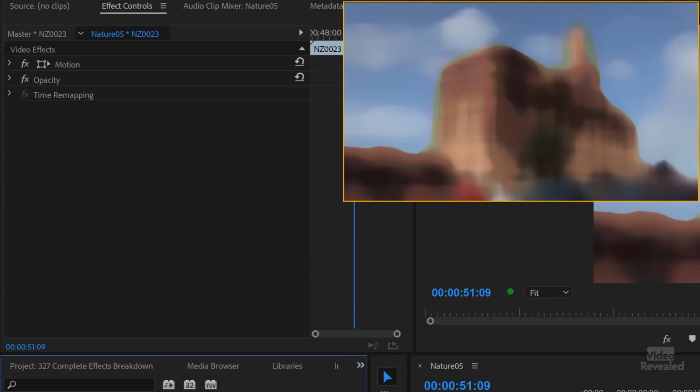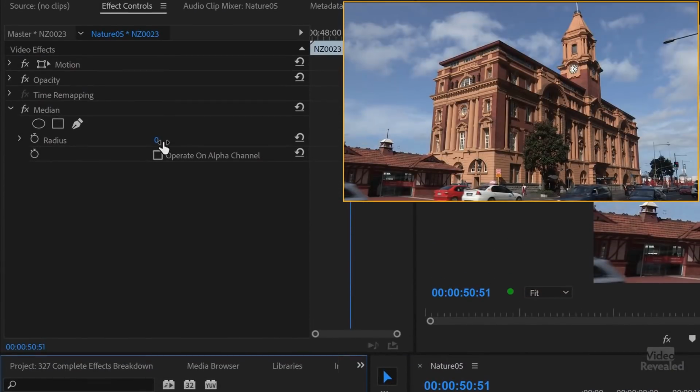That is a slow one. Like I said, some of these effects have not been updated in decades, and they're so slow. I can't even delete this effect. Median,